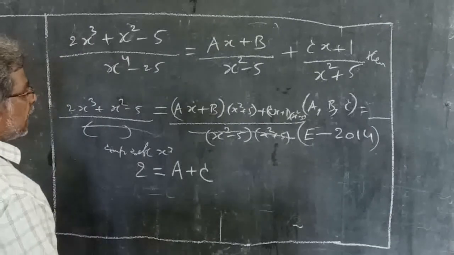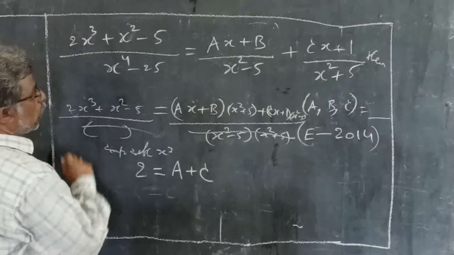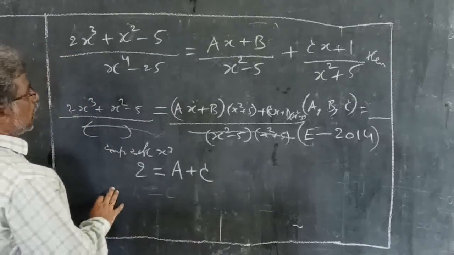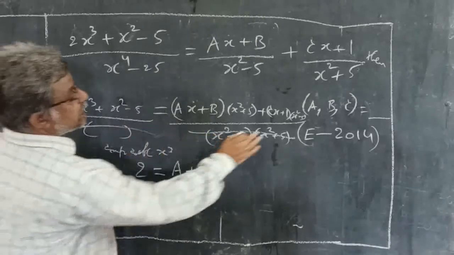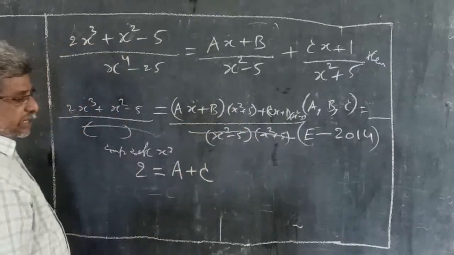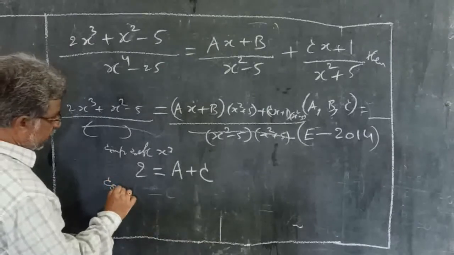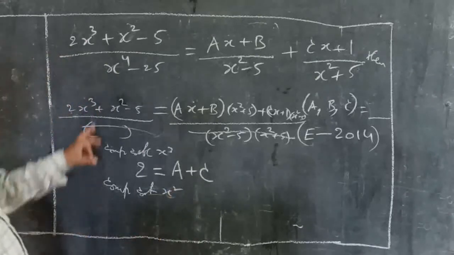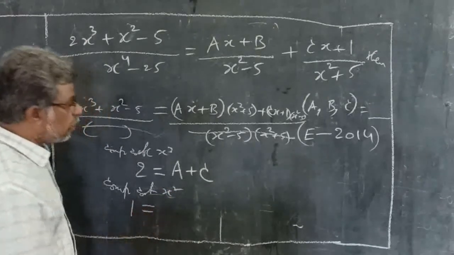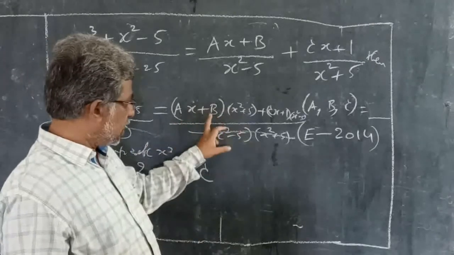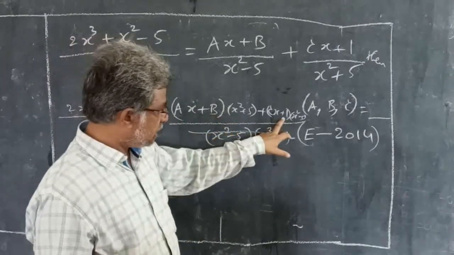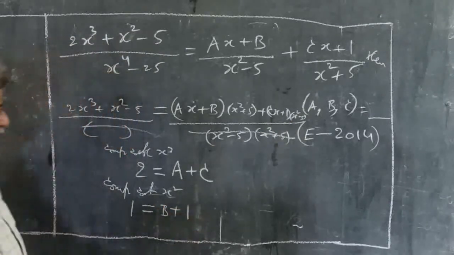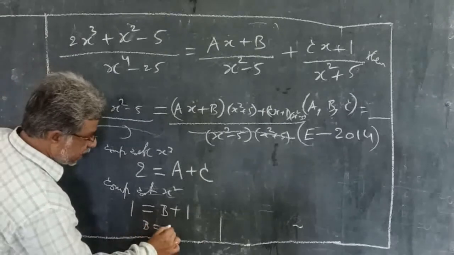Next, taking the x square coefficient, or let x equal to 5. Our choice. If I keep x equal to 5, this becomes 0, and I will get an equation in a and b. That is one way of doing it. Otherwise, comparing the coefficient of x square. X square on this side is 1, equal to x square here, which is only b plus 1. So directly I am getting b. b equal to 1 minus 1, 0.